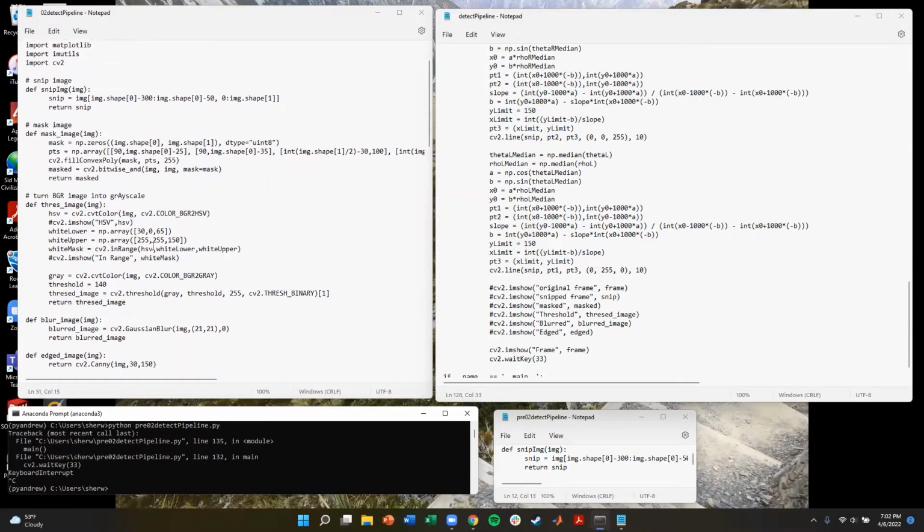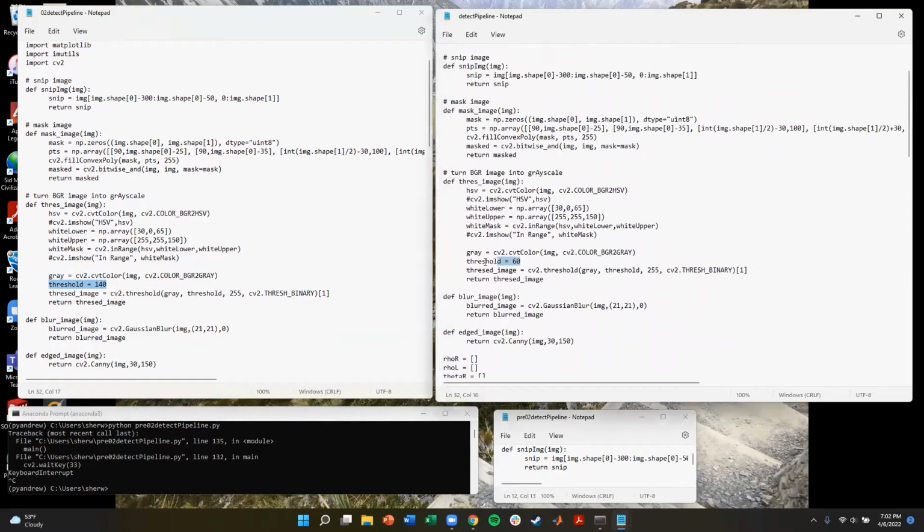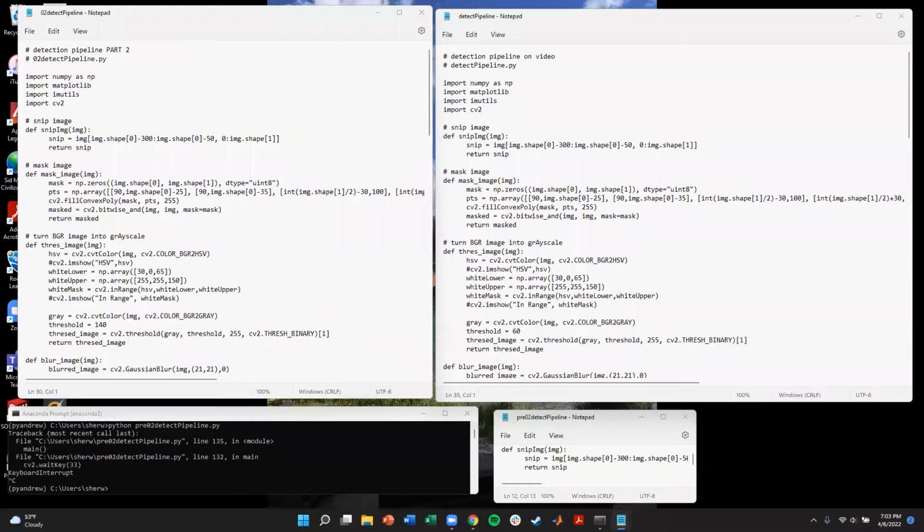Secondly, I changed the thresholding value. It is 140 in the new code. In the old code, the threshold value was 60. This change makes sure that, due to the increased brightness in the second video, the threshold value of the color white that the code is looking for edges is much higher. So it won't accept the whole screen or the whole road as white, and only the lane lines. With these two changes, now we can see the new